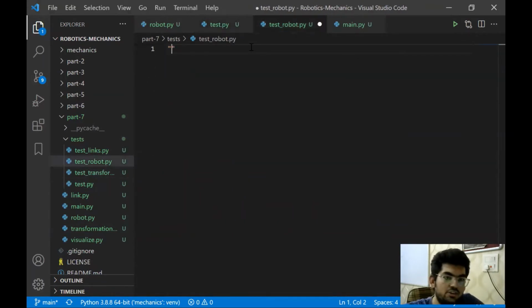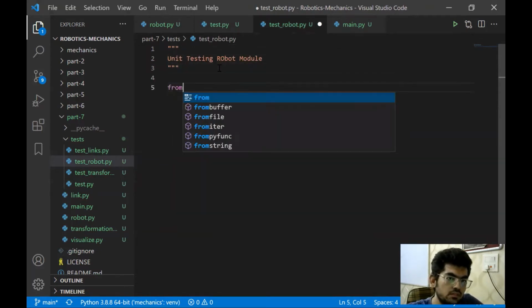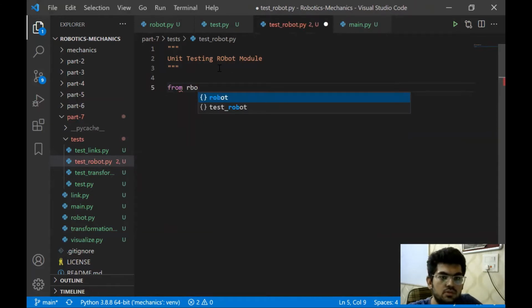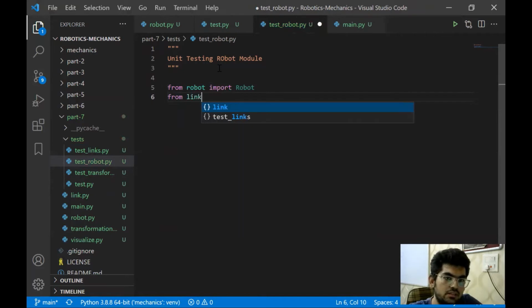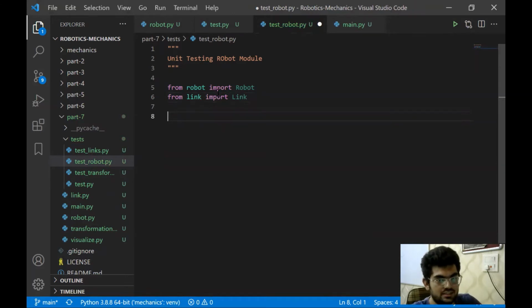Okay, let's start with the documentation. First, let's just have it from robot import robot, and from link import link. I think they should not work directly, as I discussed before, but for now, let's just work with them.